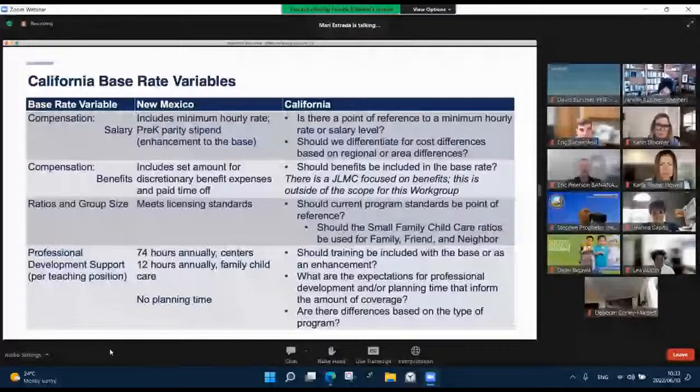Hi all, just thrilled to hear the work group's perspective on these elements of base, but I just wanted to jump in on a process perspective there. One particular thing of this process of building a cost model and making a decision on regional or statewide: even in the case of New Mexico, they waited until they were actually seeing the cost model's outputs to make that final decision. So weighing in now and thinking through some of those very valid things that Mari just raised, for instance, is certainly helpful, but I would suggest that we reserve until later in the summer